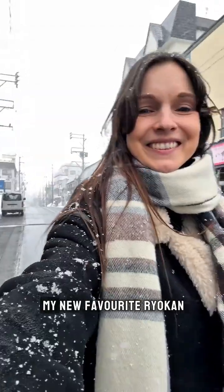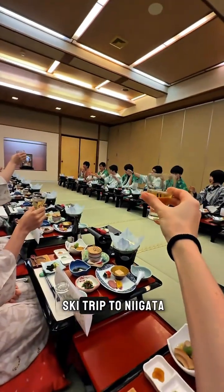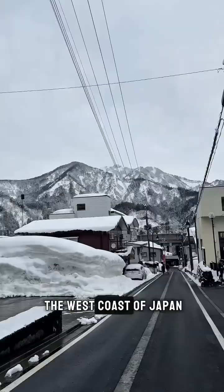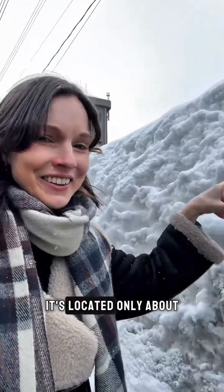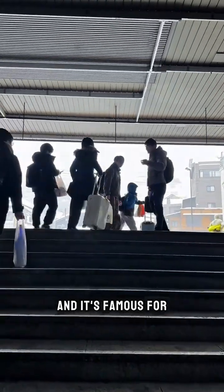I think this is my new favorite ryokan in Japan. Over the weekend I went with my coworkers on a ski trip to Niigata prefecture. If you didn't know, Niigata is located on the west coast of Japan, which is why it is snowing there like crazy. It's located only about 1 hour by bullet train from Tokyo, and it's famous for its ski